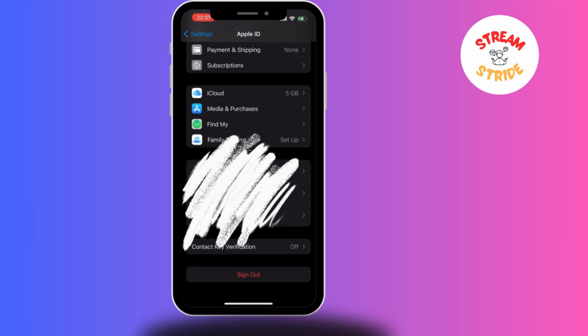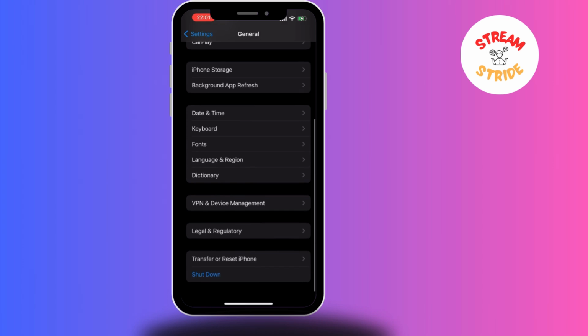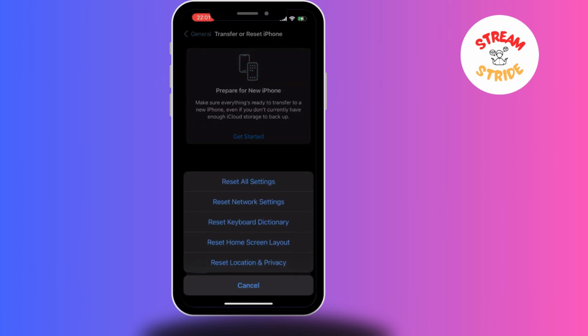So if that also doesn't work, then what I want you to do is go back, go to general, and here down, transfer, reset iPhone, reset, and reset all your settings. This may also be causing some errors in your payment method in your Apple ID. So reset all your settings, and if the second method also doesn't work, then what I want you to do